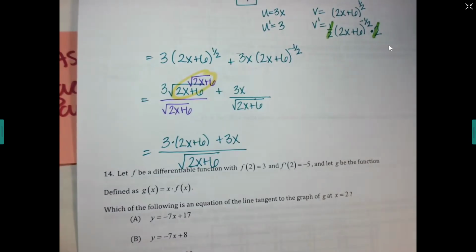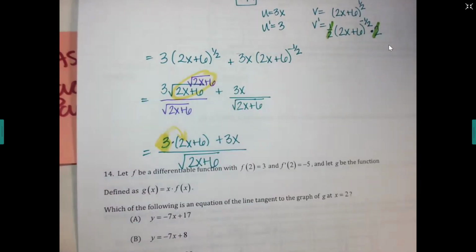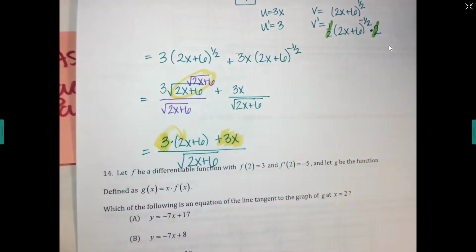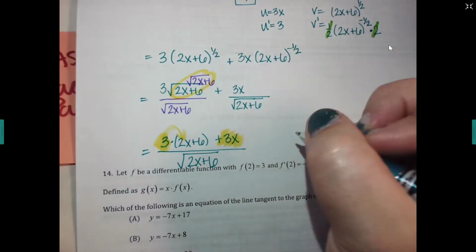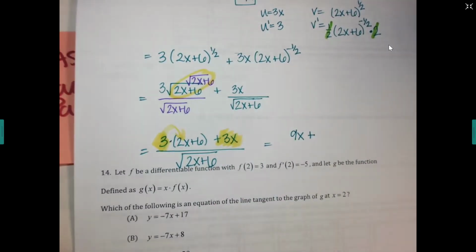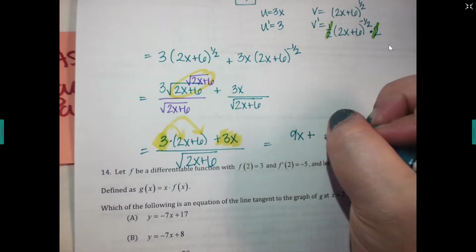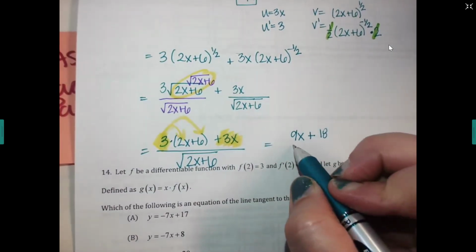Okay, then for the top, we're just going to times the 3 in and combine like terms. What is 3 times 2x? And then can we add that with the other 3x? So it'd be how many altogether? 9x plus, then 3 times 6 would be an 18. Okay, and then all of that over